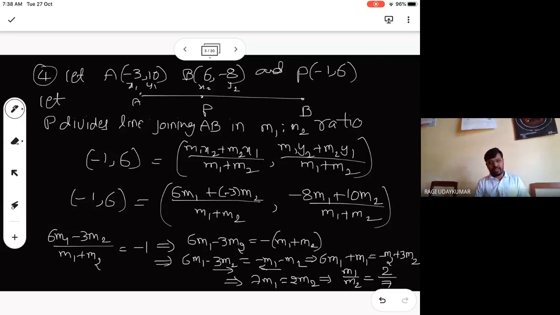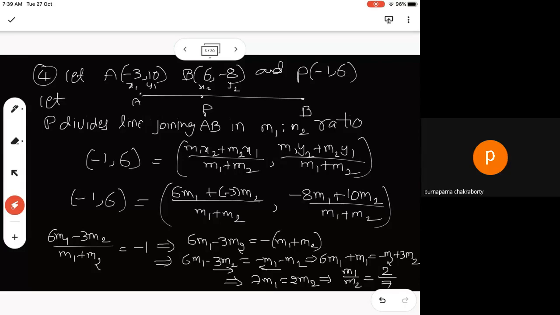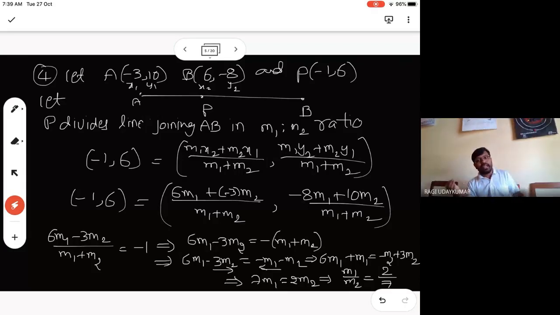So therefore the ratio will be equal. If you take the second coordinate, equal to 6, also, any one is enough. You will get the 2 by 7. You check at home. Okay, any one you can take. Did you get my point? Yes, you can do it, or you can do it in another way.